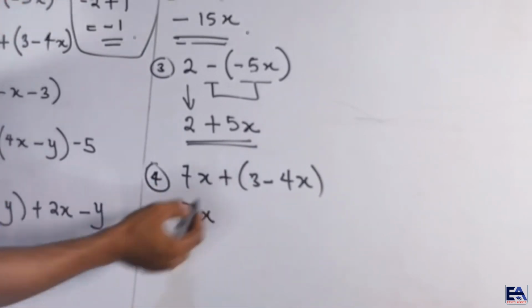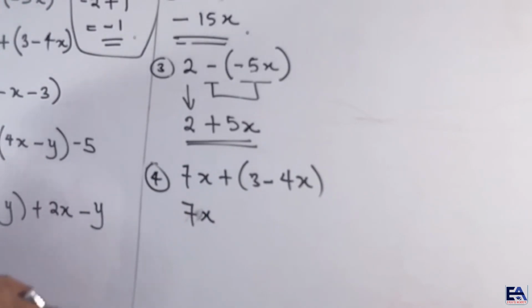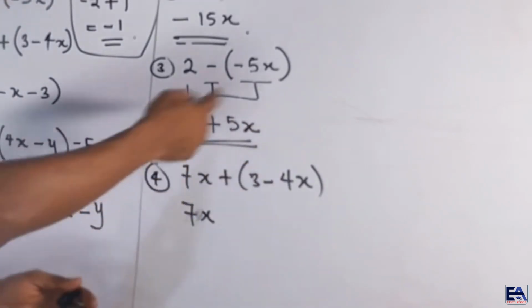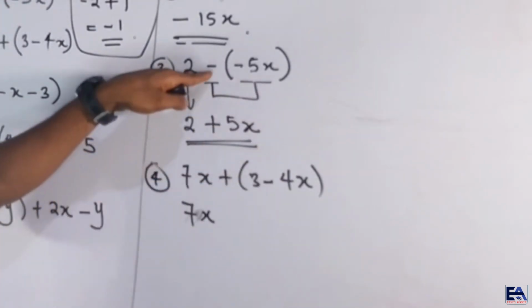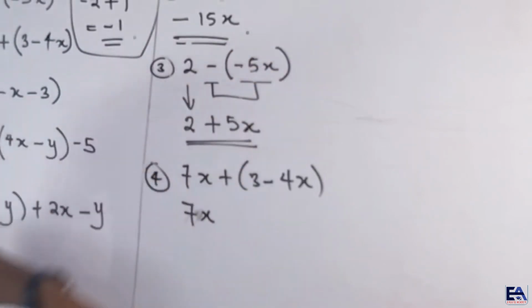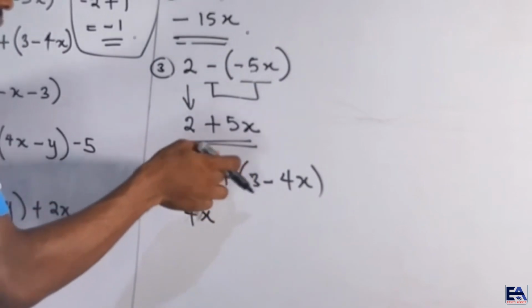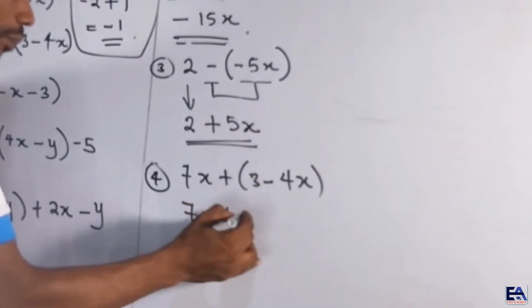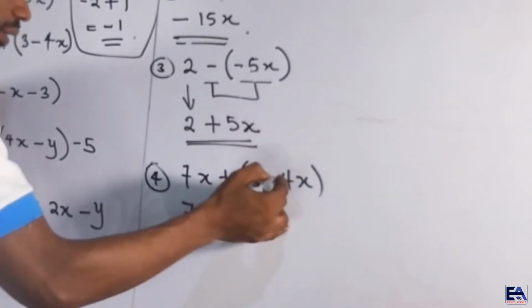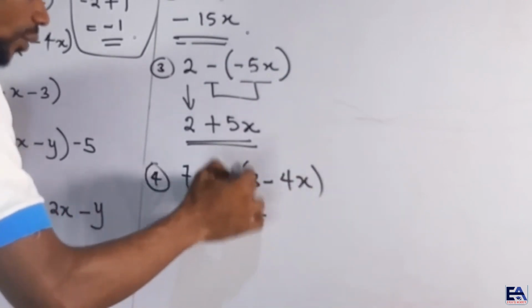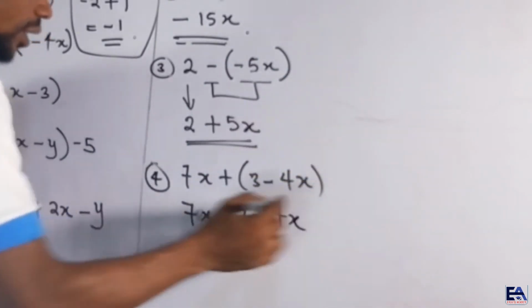Okay, now this plus is a gentle guy. Plus is actually meant to, like the way minus did, okay, multiply the content of the bracket. That's the same thing that is going to happen here. So plus times positive 3 will give us positive 3. Plus times minus 2 gives us minus. Then 1 times 4x will give us what? 4x. I told you that